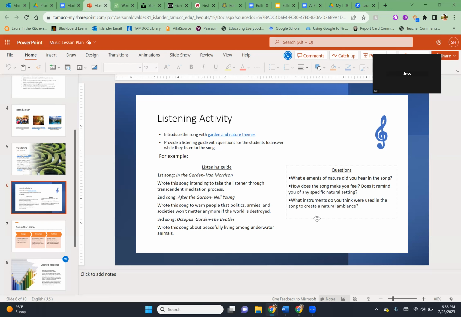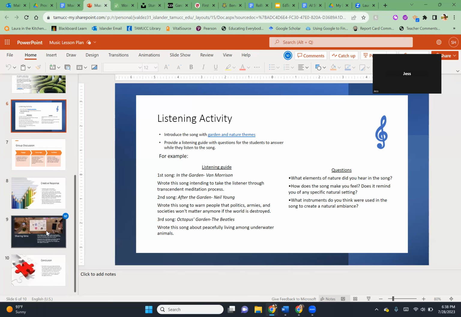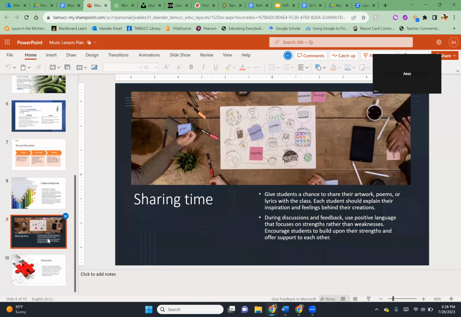They draw something that represents what garden and nature is for them. So they have two group discussions. The first gets them to start thinking about what to draw. The last is where, once they're done with their drawing of what they view nature and garden to be, they share their picture.